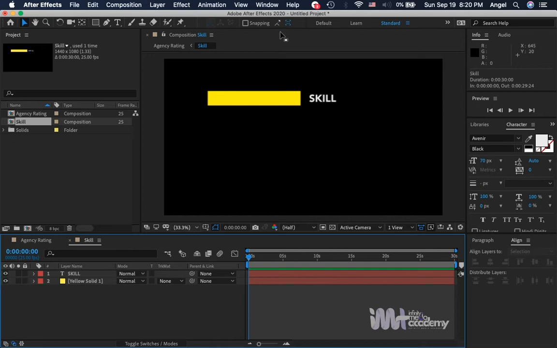So to do that, I'm first going to work on the screen size that we have here, because as you can see now, all of this empty space is not needed. So I'm going to quickly work on it to make sure that I remove this empty space that you can see now. So to do that, I'll make sure that I'm still under the skill composition that is here. Then I'll go to the composition menu,